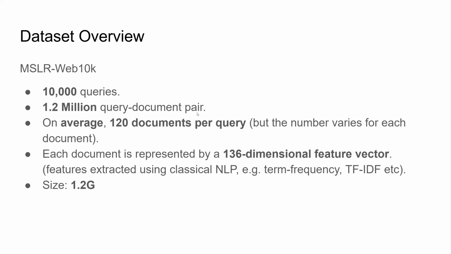So we can say that for each query, on average, we have 120 documents. But yeah, it's an average. Actually, as we saw, the documents per query changes from query to query. Okay. And then each document is actually represented by a 136 dimensional feature vector, which tells us about the content